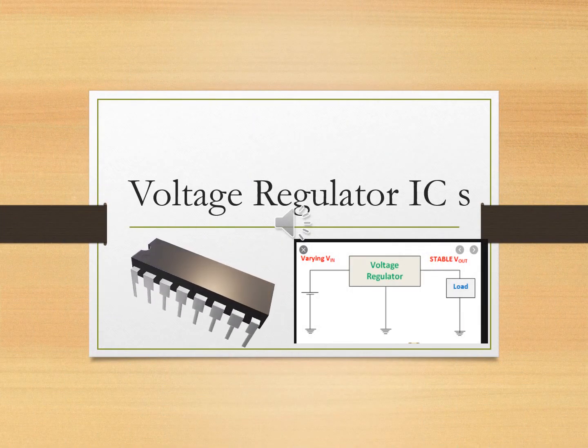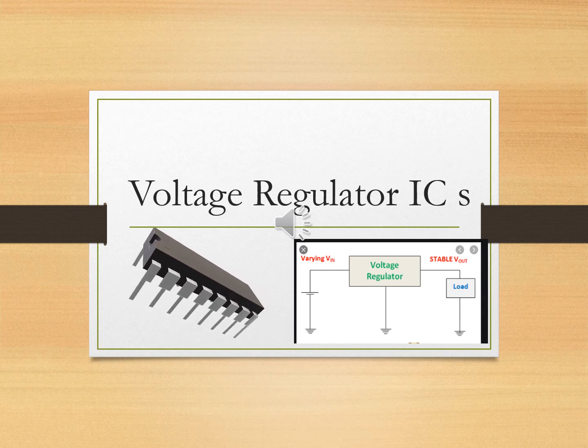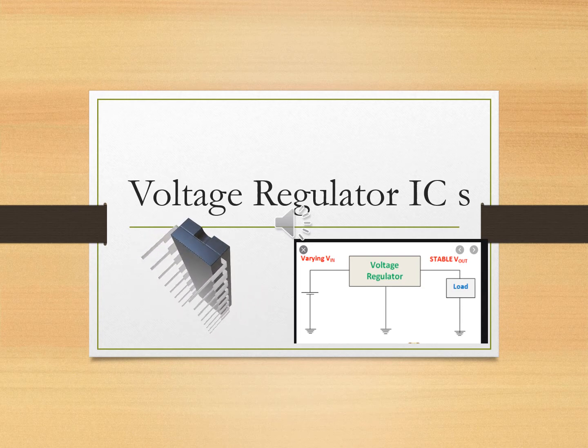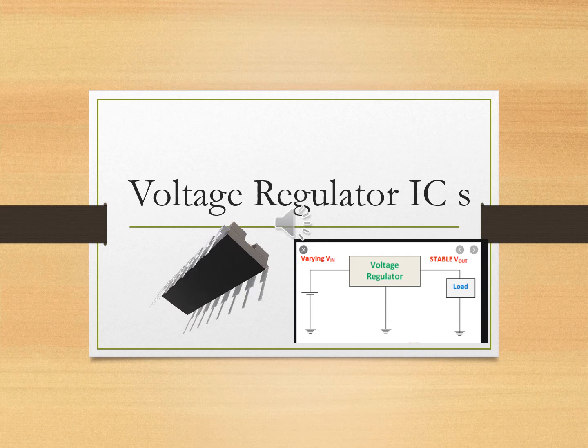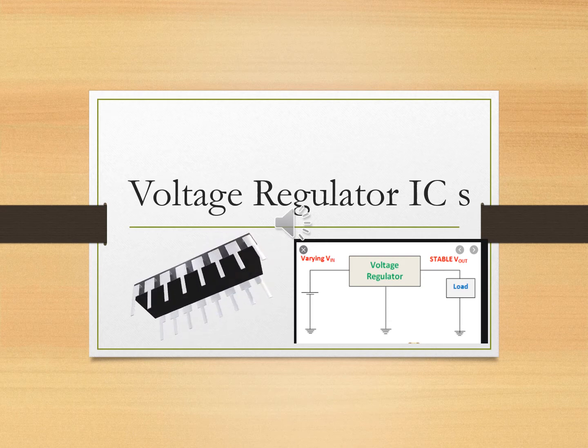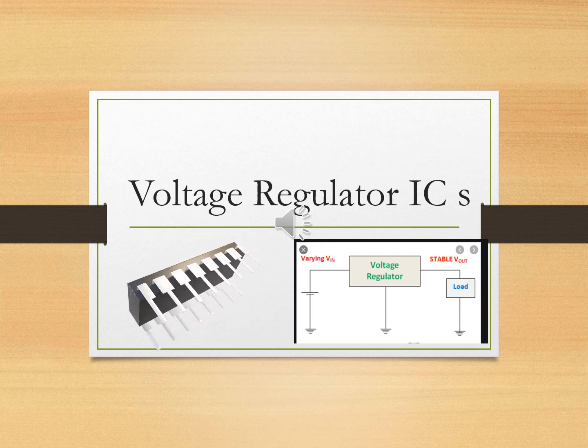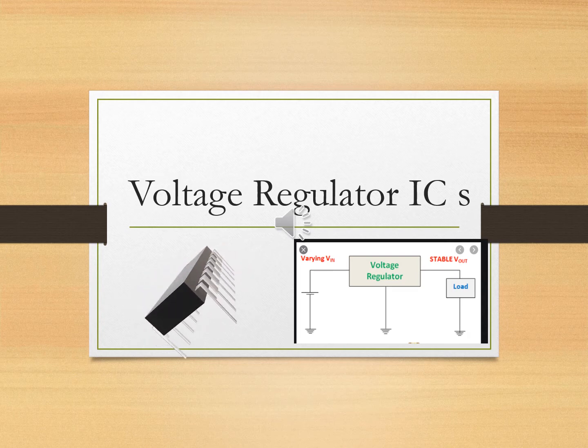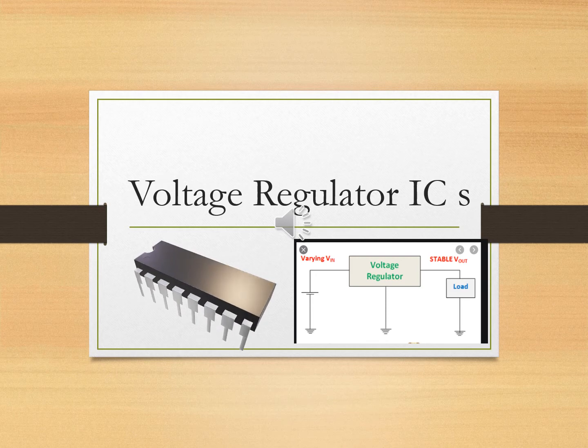Hi, in this video we are going to discuss the topic of voltage regulator ICs. We know that regulators are used in all the sensitive electronic devices that need stable input voltage, and the power supply frequently produces raw current that can damage one of the components or the entire circuit. These regulators provide constant output voltage for any change in input voltage or load conditions. So it simply acts as a buffer for protecting the components from damage.